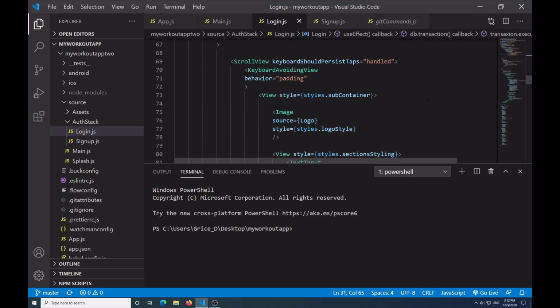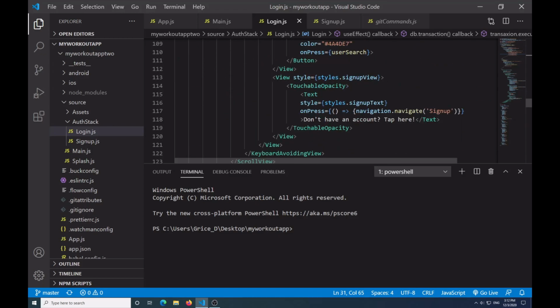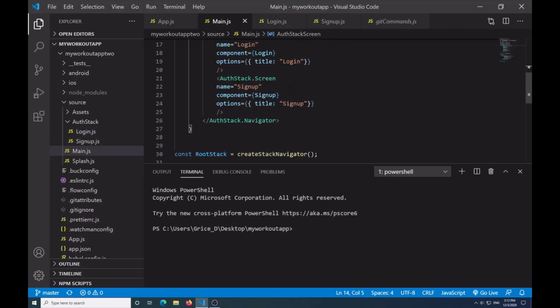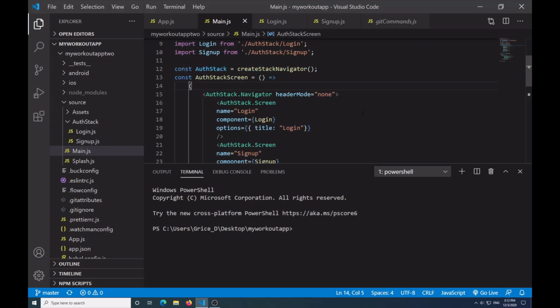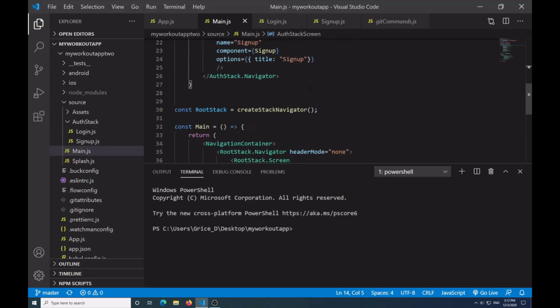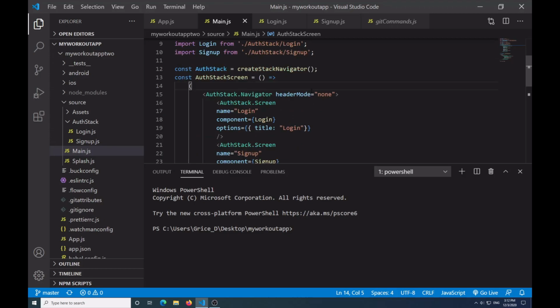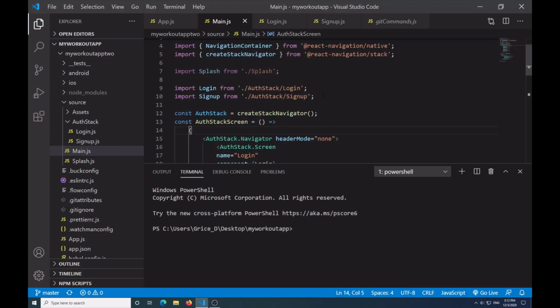Now if we go down to right here, it has the navigation implemented for our login, and then for the main, as you can see, we have our auth stack right here, so it returns our authentication stack. But now we're going to be working on the home stack, which is the next section. So to get started, I'm going to first and foremost